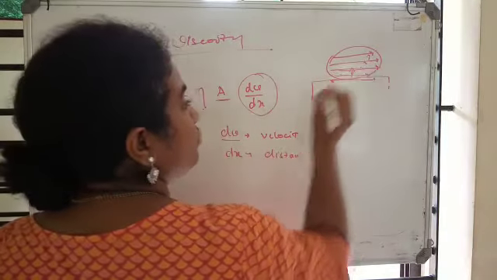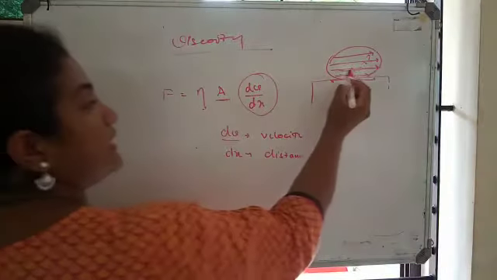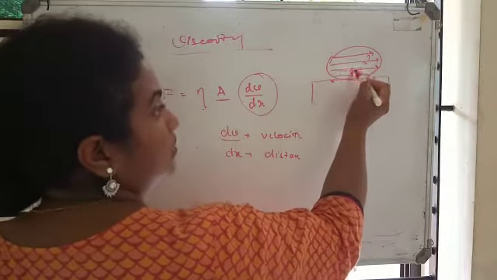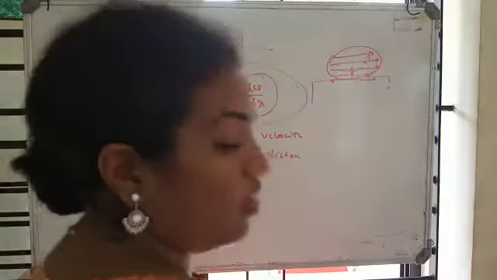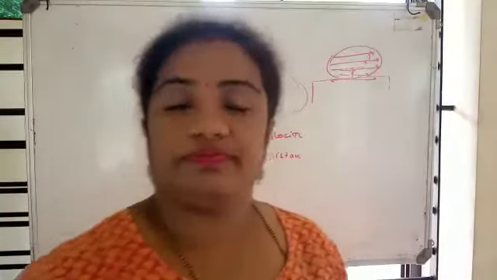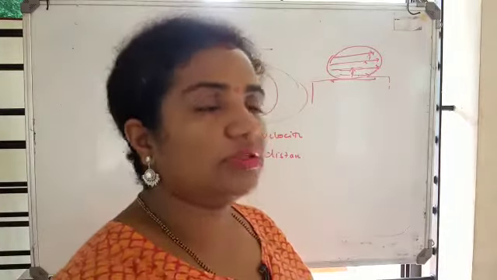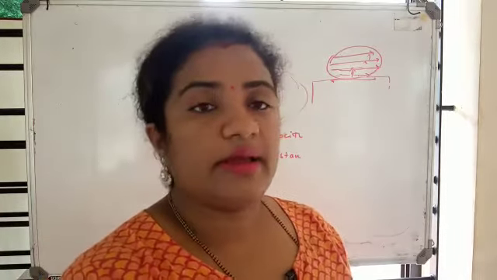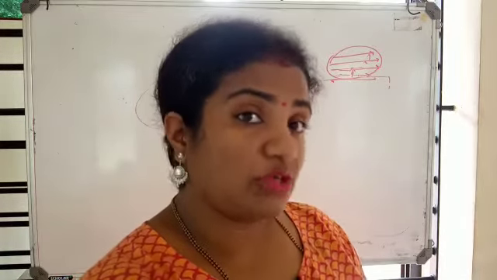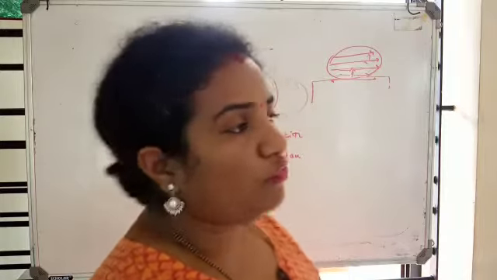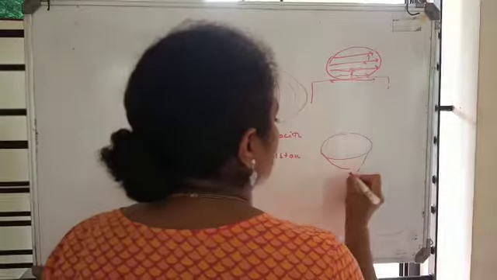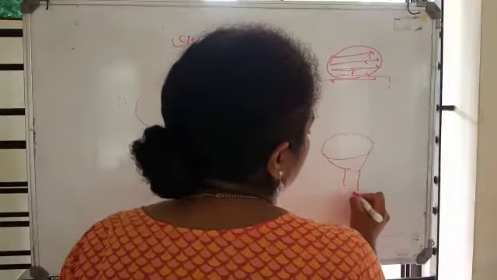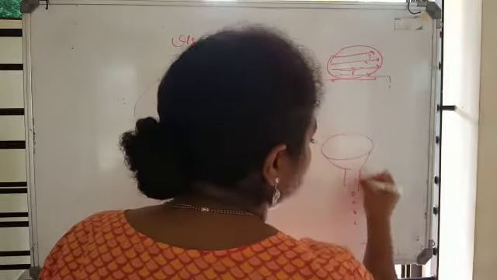So that is the amount of force exerted by this layer on this layer. This gives you the value of the tangential force that is applied by the bottom layer to the top layer. Now, when you are talking about viscosity, which is viscous? For example, water, if you are considering. Water is less viscous, so it flows very easily.